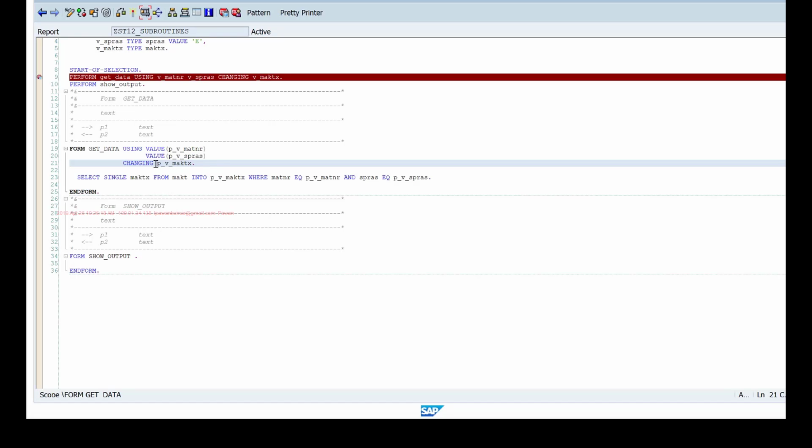So if I say changing value, for example, then this parameter is passed by value and result. Don't give a space between this value and the parameter.